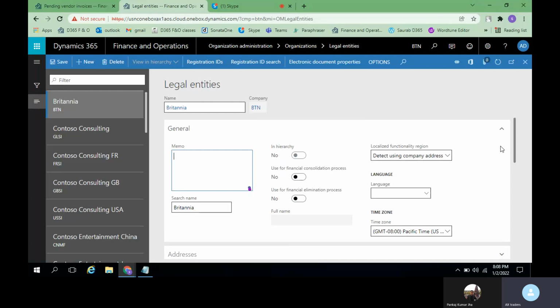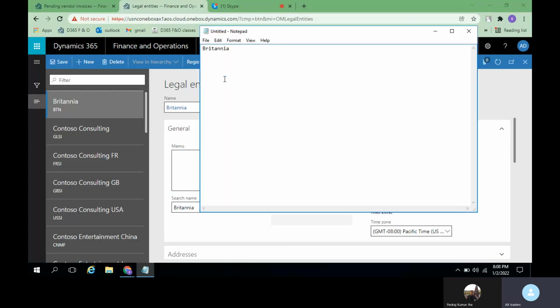Once you enter all these details, it will allow us to do any activities. So it's telling this in hierarchy, right? For the time being, it is not allowing you to create an in hierarchy. What is the purpose of this hierarchy? If you see here, a selected option indicates that the legal entity belongs to the organization hierarchy. Let us assume that under Britannia there are three subsidiary or sister concern companies.